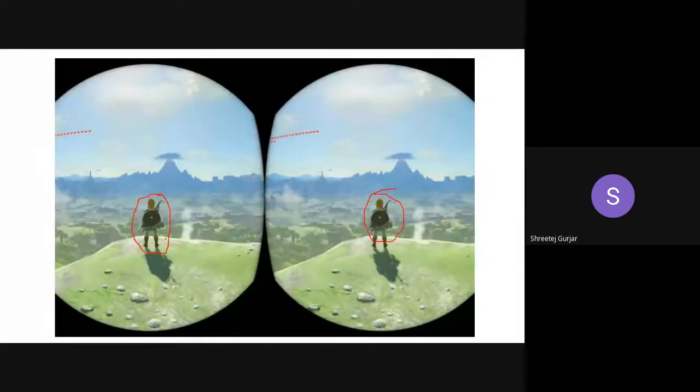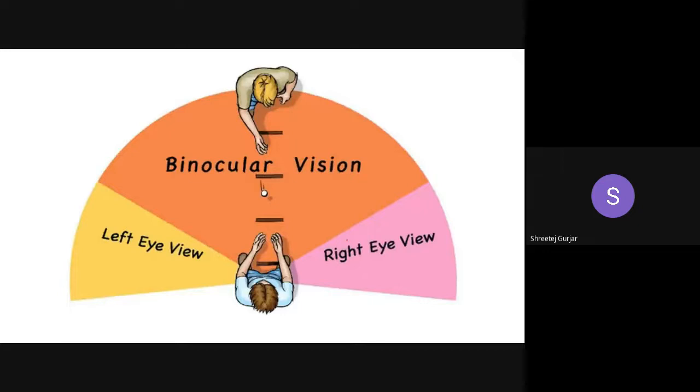Because of your two eyes, when both of your eyes see the single image, the combined effect will give you binocular vision. When the images from your two eyes are combined together, that gives you binocular vision. Here you can see the left eye view and the right eye view are combined together by your brain, and it is represented as binocular vision.